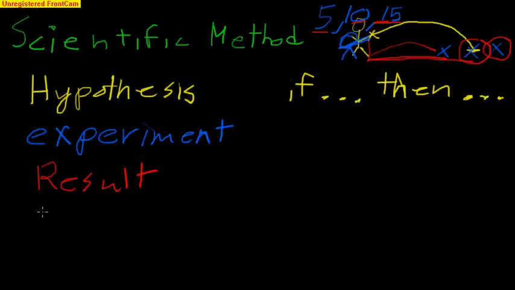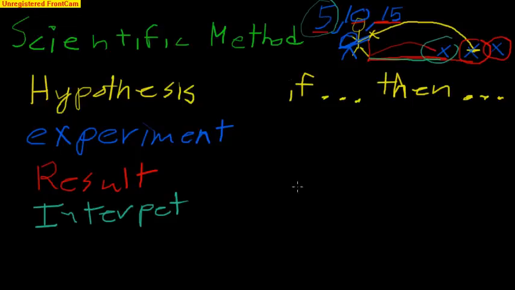And then we interpret. The last step, or almost the last, is interpret after we do everything else. And that's when we kind of say, well, as this number increases, the distance increases, and so then we get a graph, and we draw a better graph. So then we can say they're positively correlated. And that's when we say, oh look, we were right. Our hypothesis of if this then that was true, or we could say it was false if it turns out that we get the opposite.